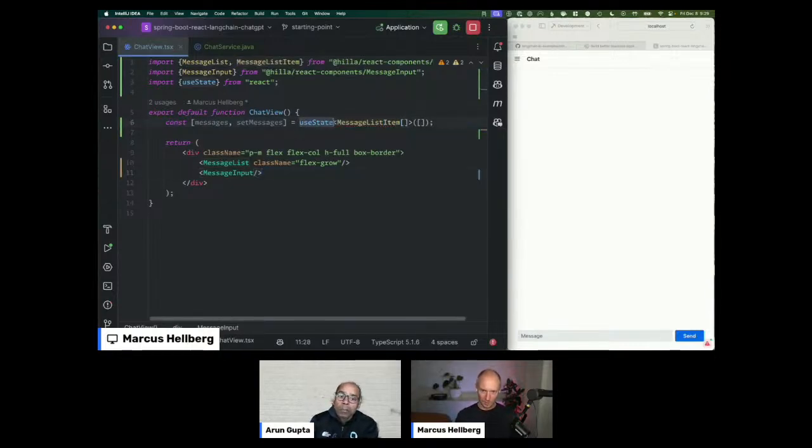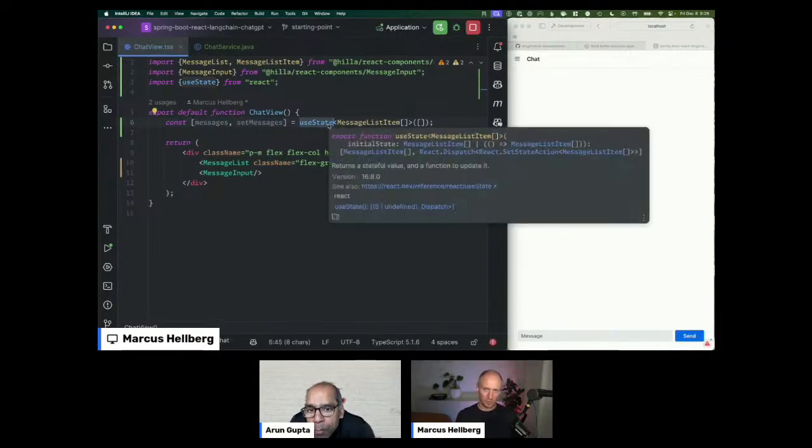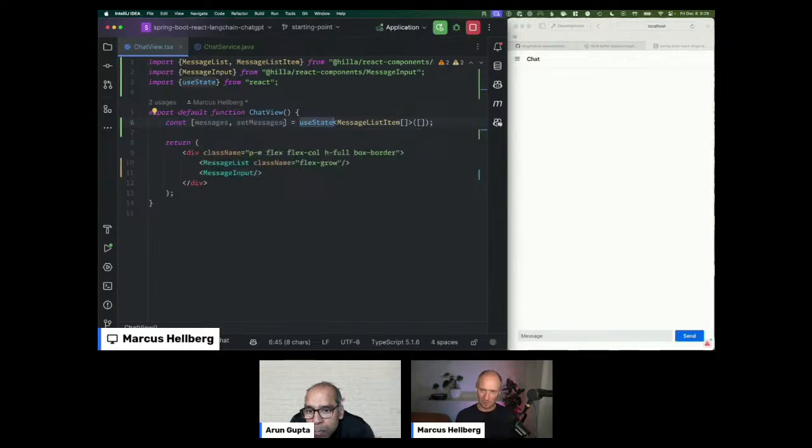Right, so what this does, this is a React specific thing for managing state. So useState will return an array of 2 items that we, using array destructuring, pull into 2 just named constants. So we have one constant called messages, which is the current list of messages, and then we have a setter function for the state. When we call the setter function, React knows that that state has changed, which it can then use to re-render this template. We're using TypeScript, so I type this with the type of messages that we have, and that's the expected input here, the message list.